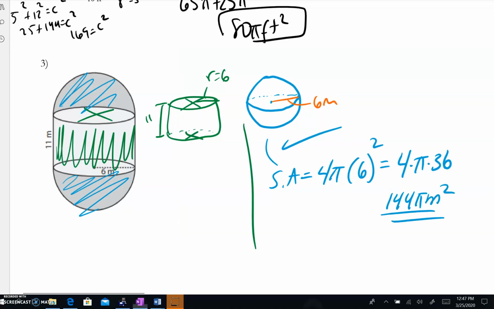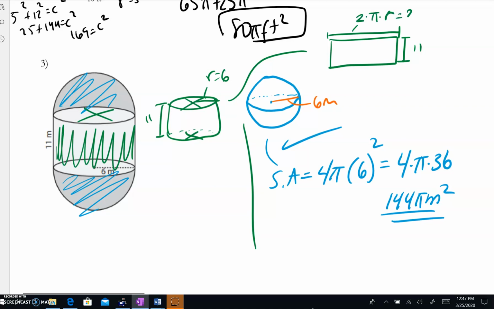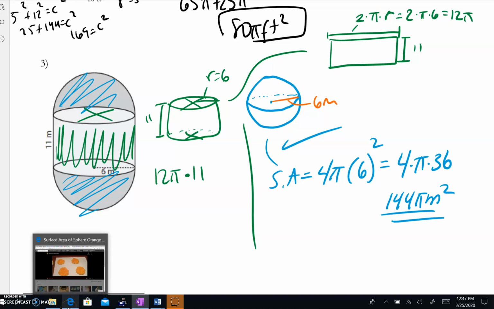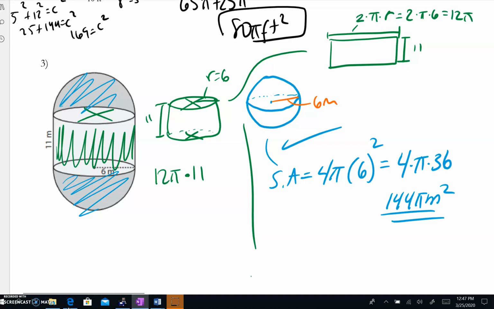And then I'm going to do my work for my cylinder here. So this is your lateral surface area of your cylinder. Remember, if you think of it like a can of soup, when you uncurl it, it's going to be a rectangle. The height is given as 11. The length of this rectangle is the same as the circumference if you rewrap it. So 2 times pi times radius is 2 times pi times 6, which we can call 12 pi. If I want the area of that, it's base times height, so 12 pi times 11. All you have to do is 12 times 11, you don't have to worry about the pi, so you've got 132 pi